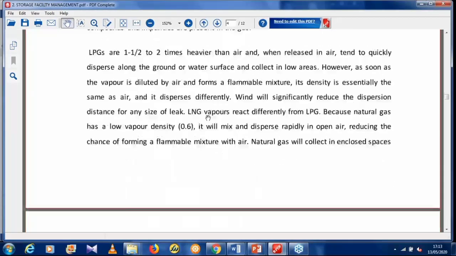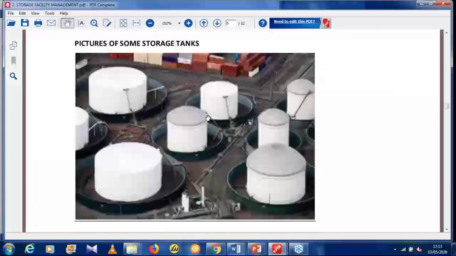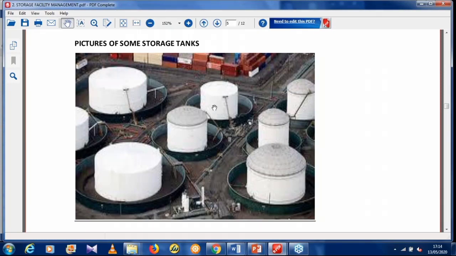All right. So that's about that. Then again, I mentioned something about the design of bond walls for our storage tanks or tank farms. And I said that they must be designed at 110% of the volume of the tank. What does this mean? If this tank contains 100 metric tons, for instance,